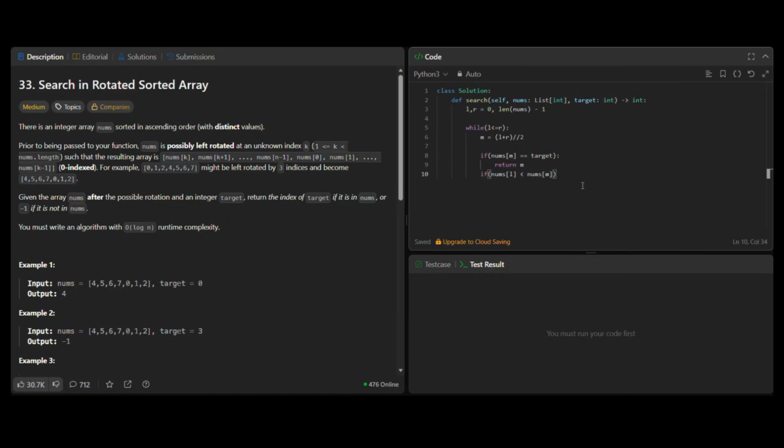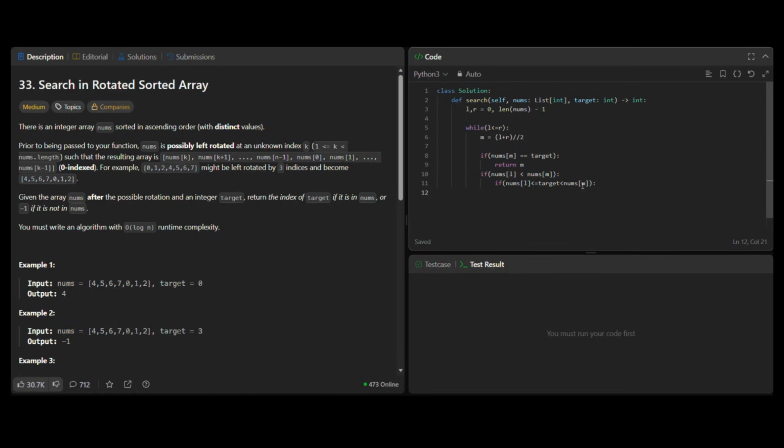In that case, I have to do another check. If the target is lying between the left and the middle, so nums of L less than or equal to target, because the target can actually be the left value itself, and less than nums of M,